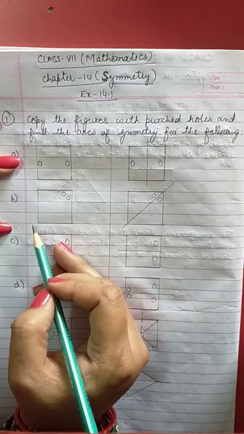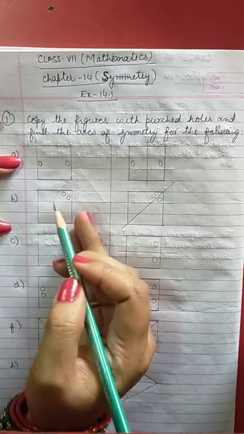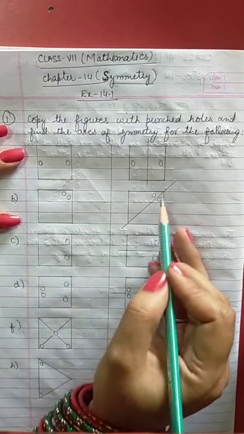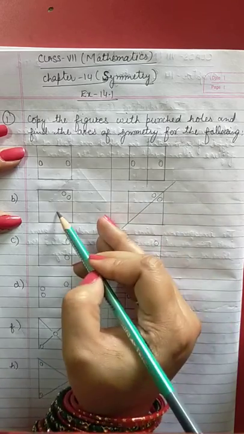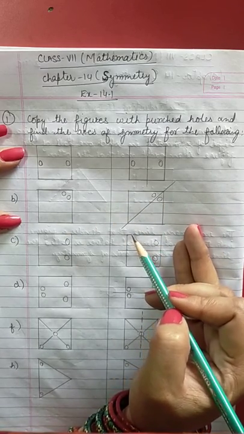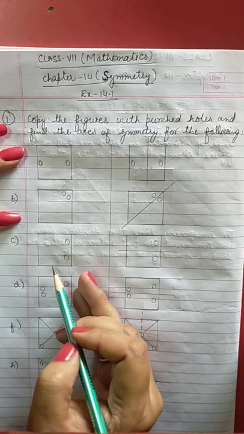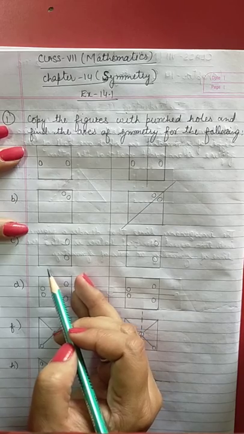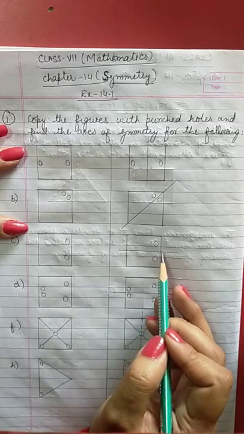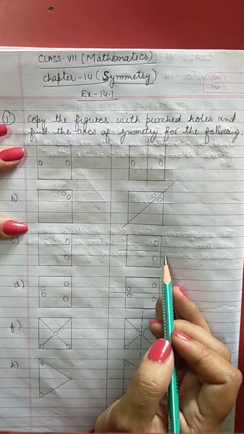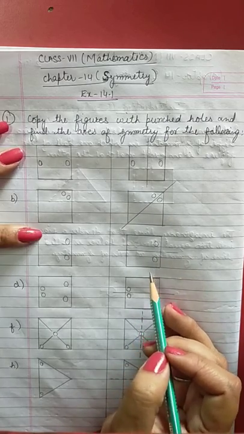Same here in B part, you can see these two punch holes. So we'll draw like this, so that when we fold in this way, it will represent the axis of symmetry. So it will be this diagram's line of symmetry and axis of symmetry. Same here in C part, again they are asking to draw the axis of symmetry. So we will draw the axis of symmetry in between these two holes. See, I have drawn it here, this is its axis of symmetry, and you can see these two punched holes are on either side of this line.